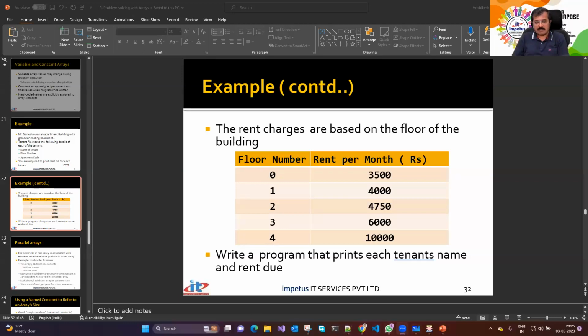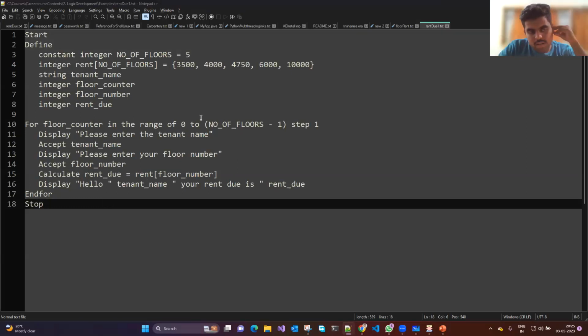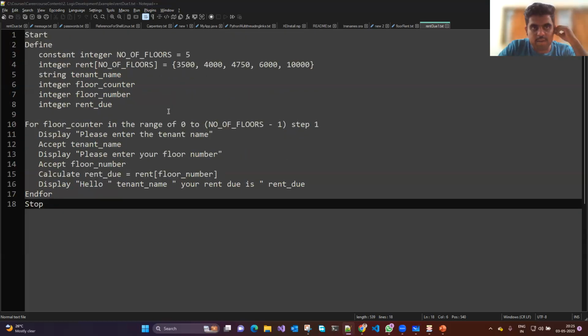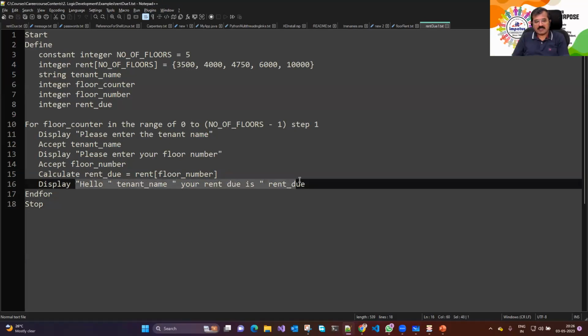Okay, now to help you solve this particular problem, let me see Kaustubh's solution as well before we go ahead. सर मैंने भी assume किया था सर 5 tenants। Let us still have a look at it. सर मैंने दो तरीके से सॉल्व किया। ये पहला और एक फाइल शेयर की थी जिसमें सीधा एरे लिया था फाइल नेम्स का। Okay, that's okay, अगर लिया है तो, but यहाँ कुछ किया ही नहीं है। सर डायरेक्ट रेंट ड्यू फ्लोर नंबर से कैलकुलेट। आप एक्सेप्ट करें, डिस्प्ले कहाँ कर रहे? Tenant name is tenant due, okay, तो okay,